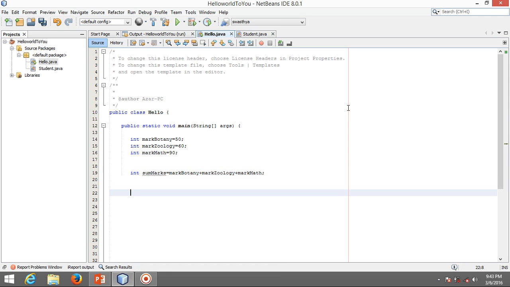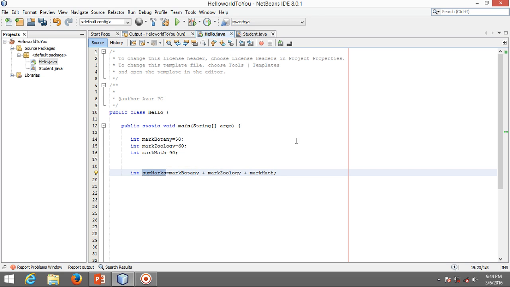Now we have done something interesting here. We have actually done an arithmetic operation. We have added these marks and stored the sum of these marks in a variable called sum marks.